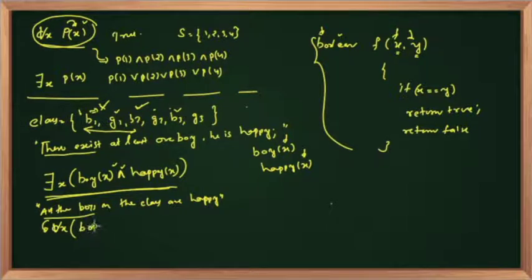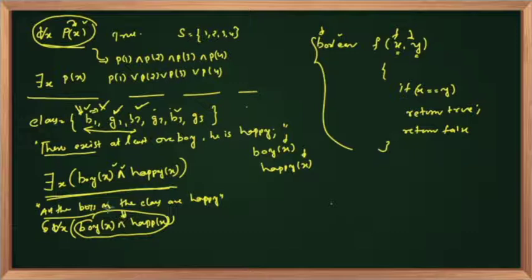Let's assume I'm writing boy of x and happy of x. Now what happens? So I'm giving b1. B1 is boy of x, that is true, and happy of x, that's also true. So for b1 this portion is evaluating to true, right? Now if I give g1, for all the elements it should be evaluating to true, right? For g1 boy of x is false, right? So that means for g1